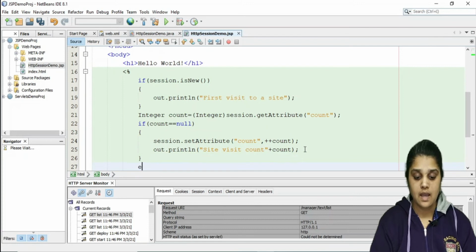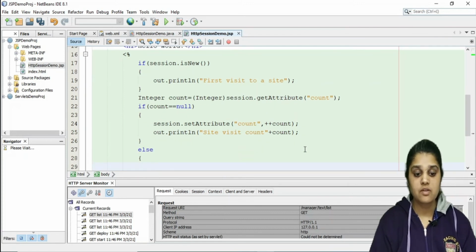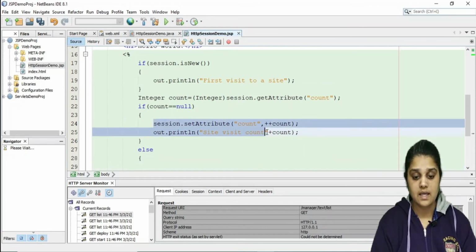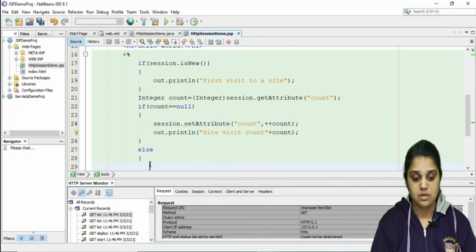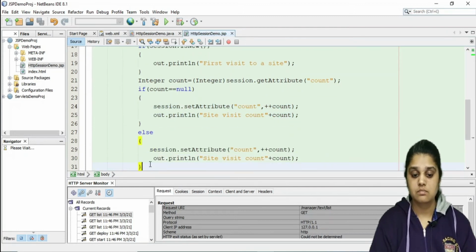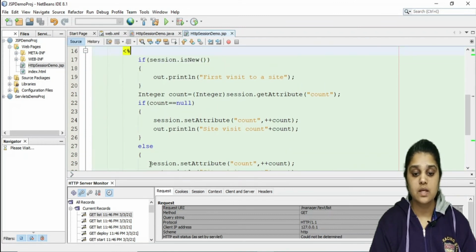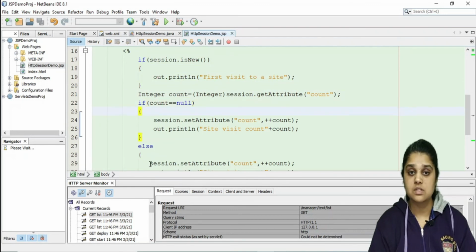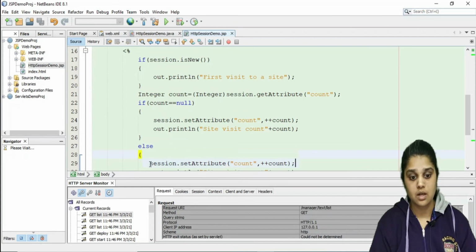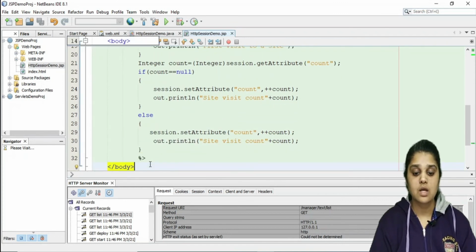And else, if the value of count is not equal to null, what you can do is you can directly get this value here. So this is when it is a new session, this is when the value of count is null, and this is when the value of count is not null. So this is how you can count the number of visits for a particular site.